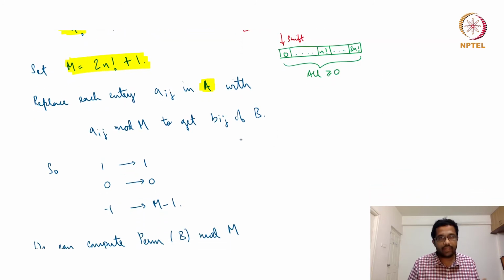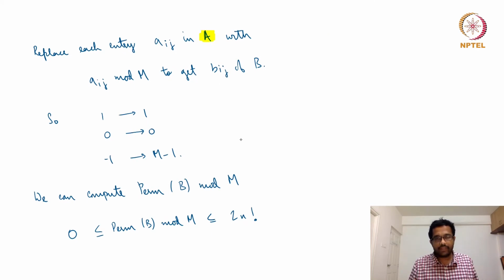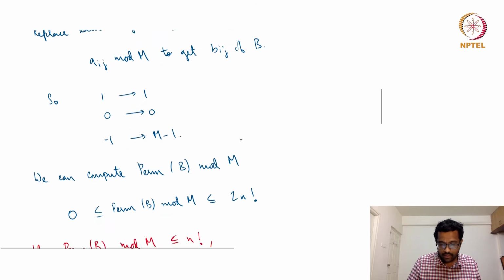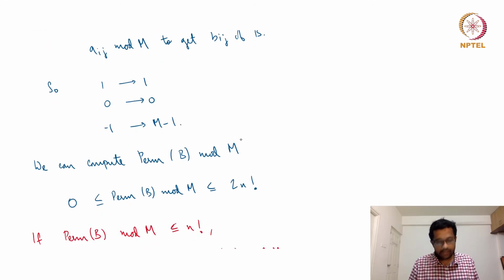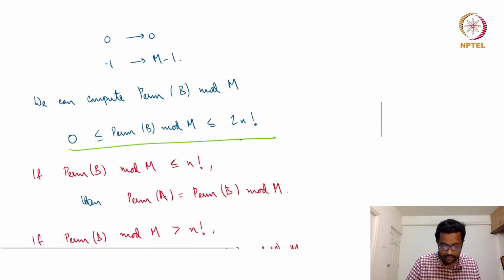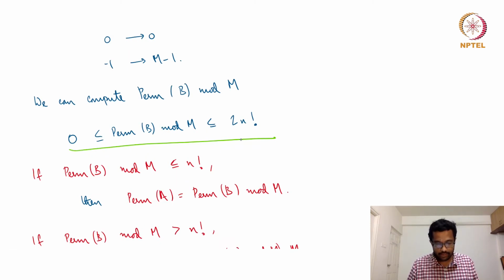A has three types of entries: 0, 1 and -1. 0 and 1 just remain 0 and 1. However, -1 becomes m-1 in the modulo m setting, and m-1 is actually 2 times n factorial. Now we compute the permanent of B where everything, all multiplications and additions, happens modulo m. At the end we get some number which could be anywhere from 0 to m-1, which is 0 to 2 times n factorial. That's how we get this inequality. And if the value is anything between 0 and n factorial,